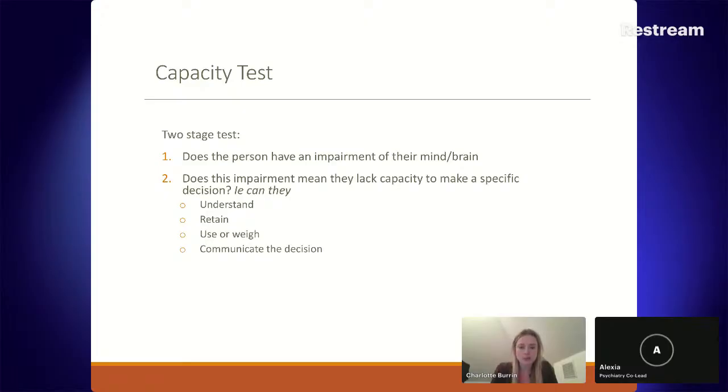And if we don't think that the person has capacity, we should be thinking about the legal framework with which to treat them. So for example, if somebody has catatonia and is very passively accepting admission, they're not saying that they want to leave, they're not trying to leave, they're passively taking their medications, that can't really be considered a capacitous decision. And so we should be thinking about treating them under the Mental Health Act. The reason for this is so that we can ensure that their rights are protected.